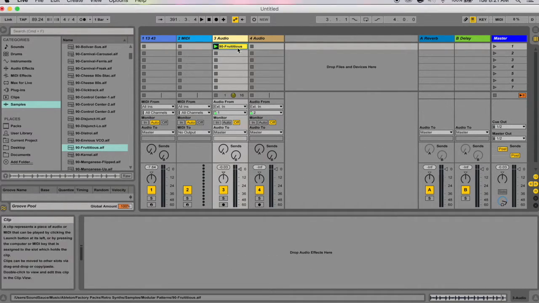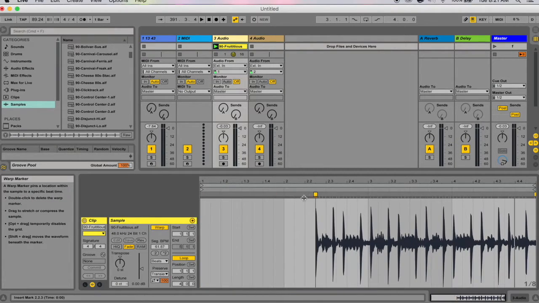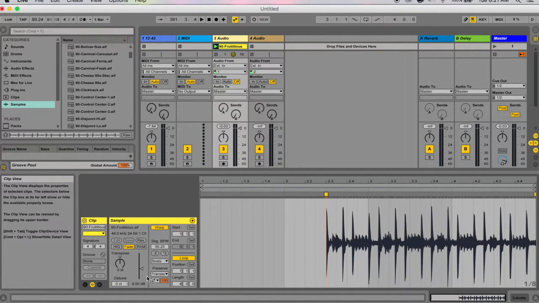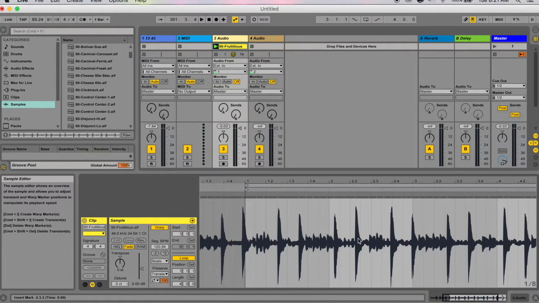Okay, so last week we spoke about all these different warping options that we have, warp markers and all these algorithms over here. And today we're going to be talking about how you can take this audio sample and slice it into different MIDI tracks, or use Ableton Live's algorithms to convert it to MIDI so that you can edit your MIDI notes. You'll also be able to turn this audio file into a new instrument using Ableton Live's sampler